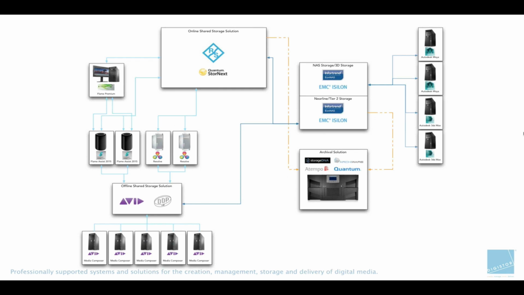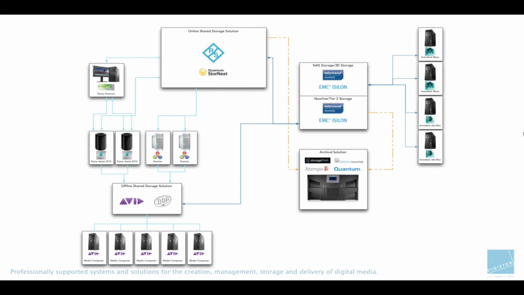Similarly, when you're on the Flame Assist and you've done your first comp or the first work, that can then feed up into the Flame Premium. Again, utilizing the same material that the Flame Assist was using, so not duplicating those assets, using the same DPX sequence and the same project to then do your more high-end compositing and perhaps 3D tracking and putting particles and things like that in there. So quite a very high-end